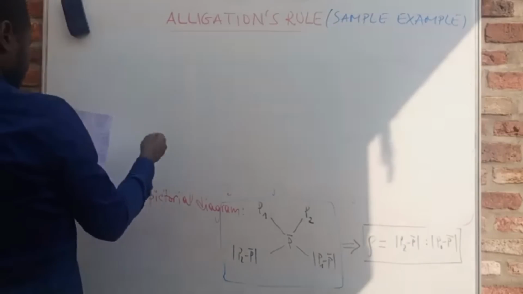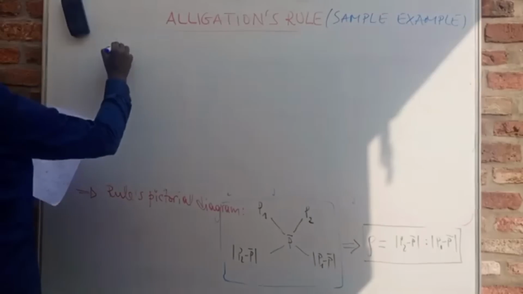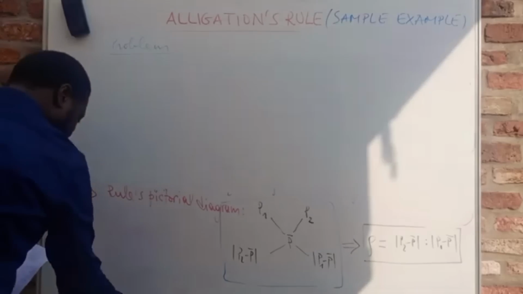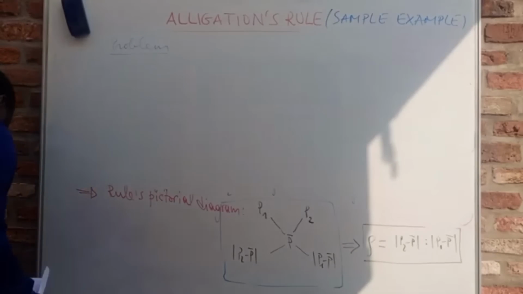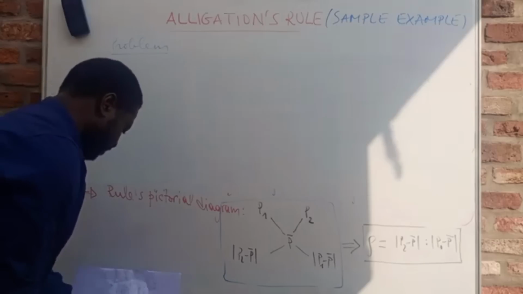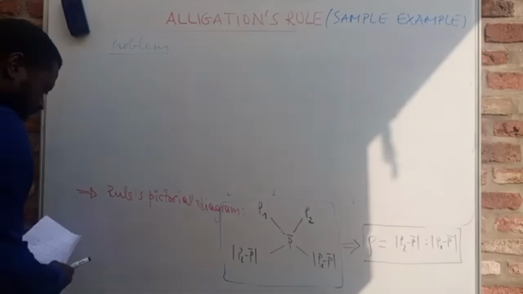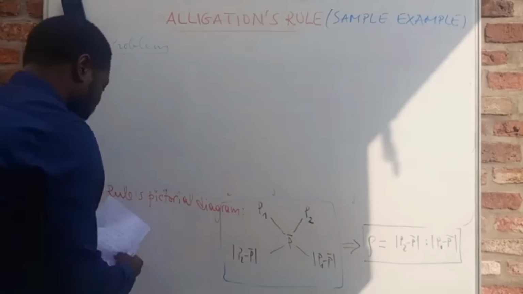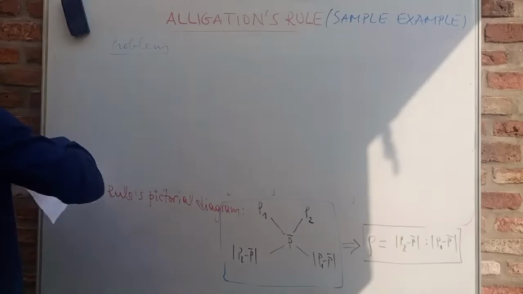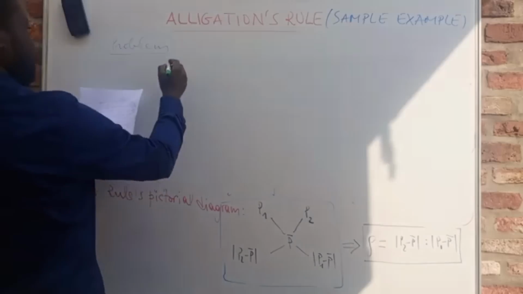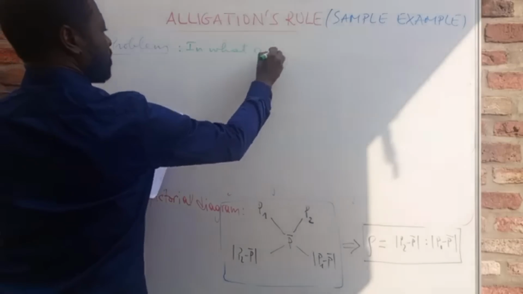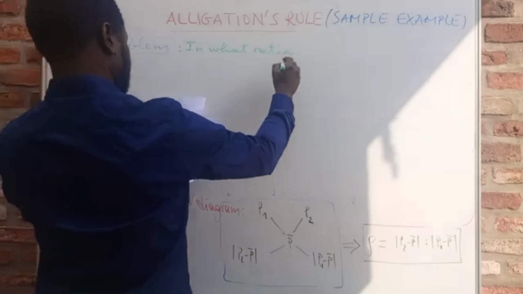So here we have an example which goes like this. The problem you have here, using a different color. Let me use a green one, green color. So now the problem goes as this: in what ratio should